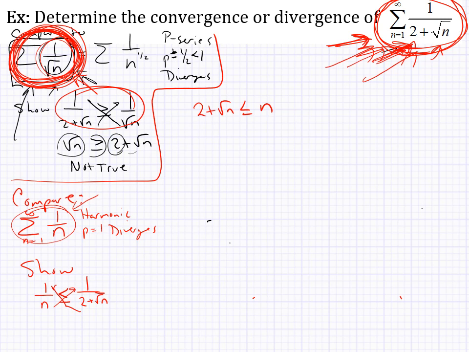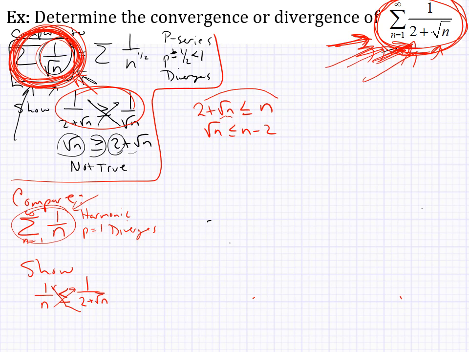And this is again the problem with the direct comparison test, is we got to prove these inequalities are true or not true, which is something I don't know that a lot of people have a ton of experience with up to this point. So let's keep going. I'll move the 2 over to that side because I think getting rid of the square root could be helpful. So square root of n is less than or equal to n